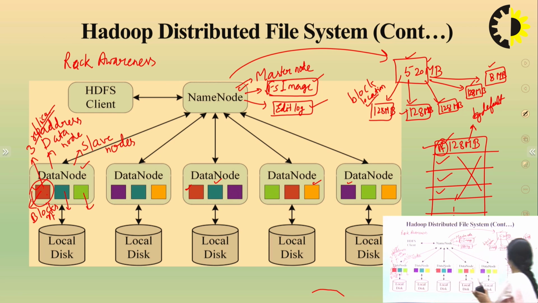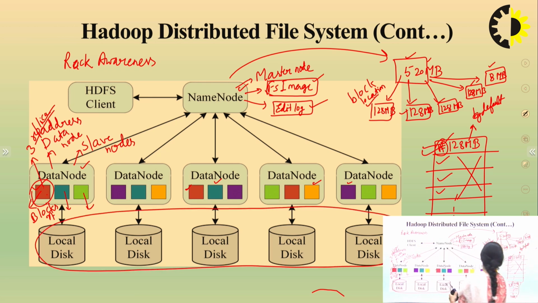As I told you, if block ID A is stored in rack 1, then another replica will be stored in rack 2, and then the third replica will be stored in rack N or N-1 and so on. Any one it may be. This is the physical storage, nothing else. We are saving the data in the form of physical storage, and we are storing the data in parallel in the form of blocks. That's why we say HDFS is used for distributed storage.